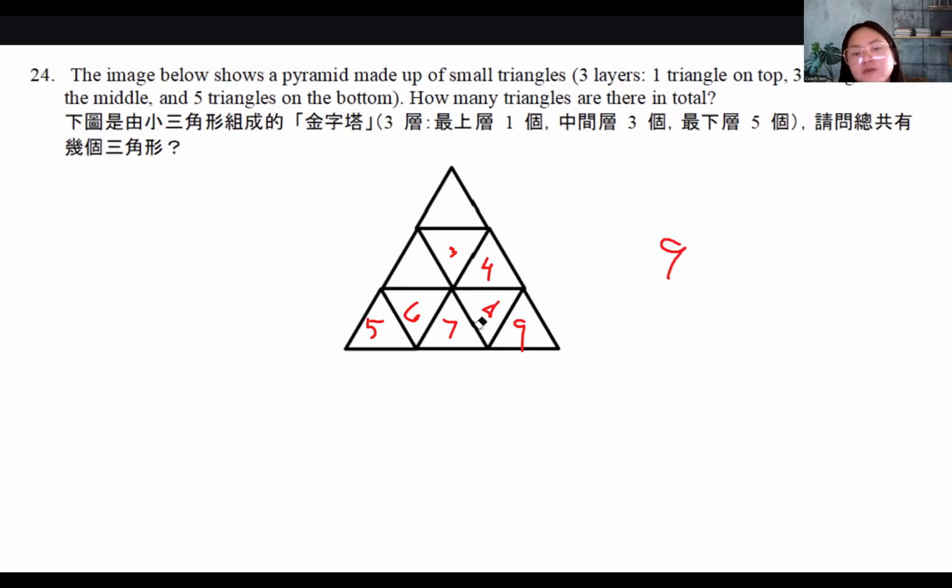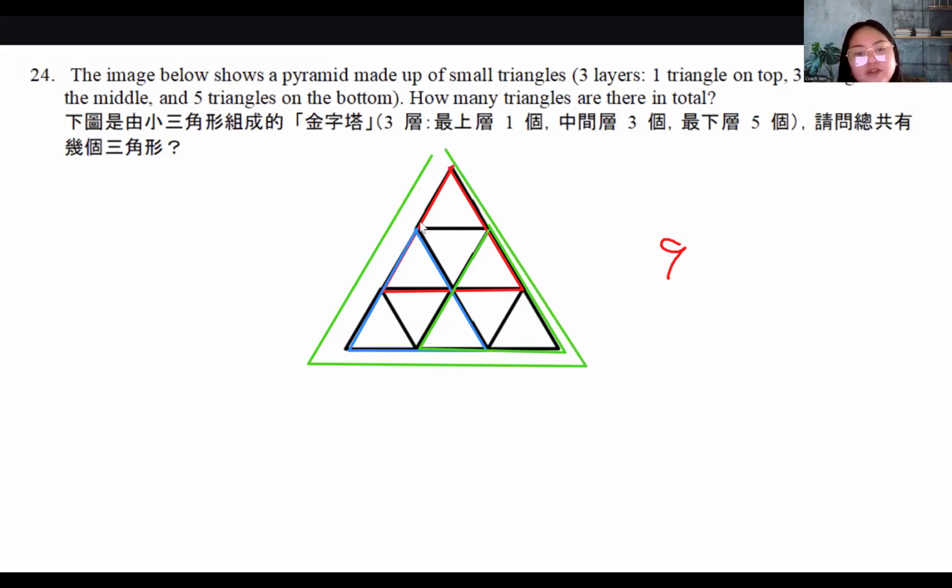You also have to count the ones that are not so obvious, like the ones that have two combined triangles. So this is 10, diba? That's 10. That's a triangle, right? This is 11, correct? This is 12. And then the whole thing is 30. So the biggest triangle out of them all is 30, and the answer should be 30.